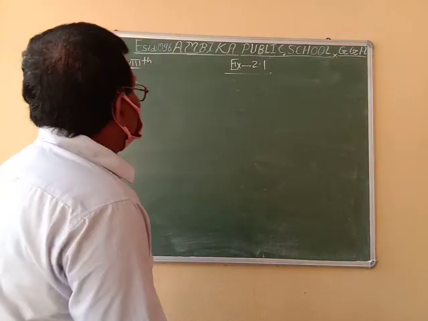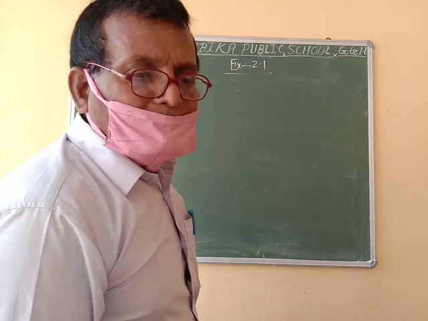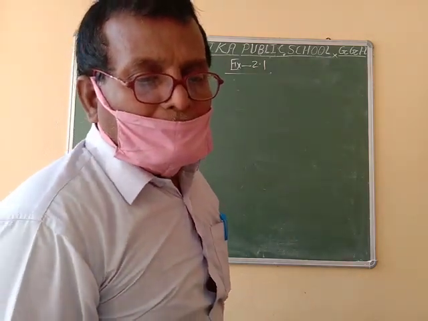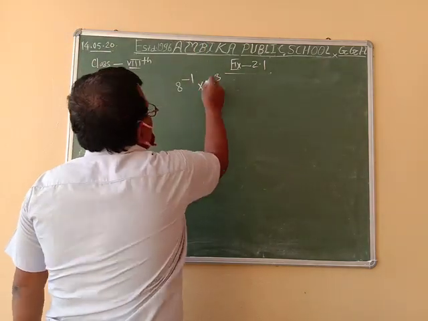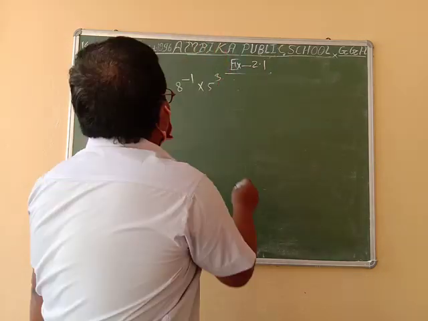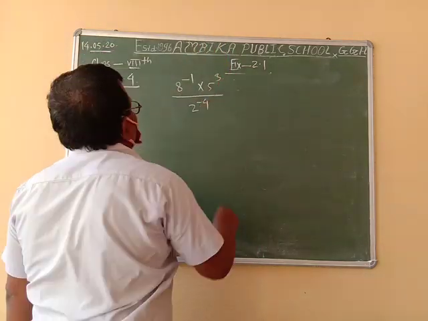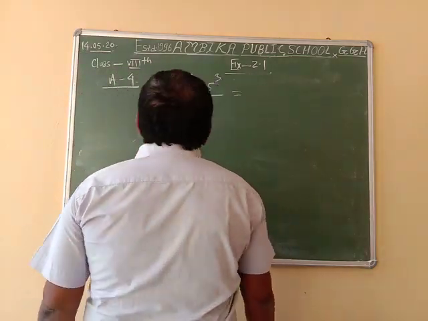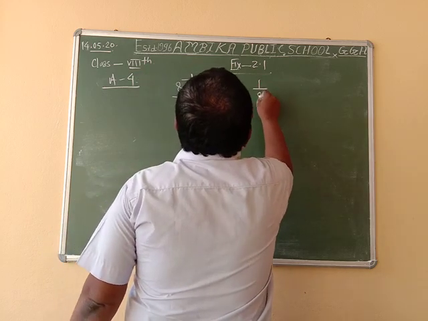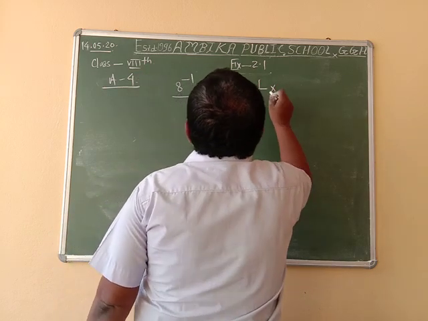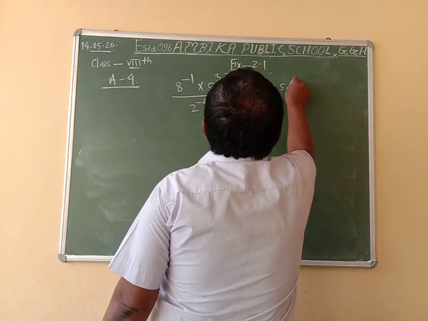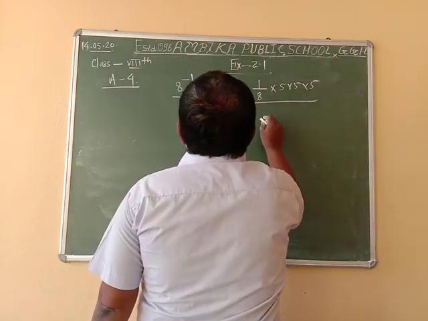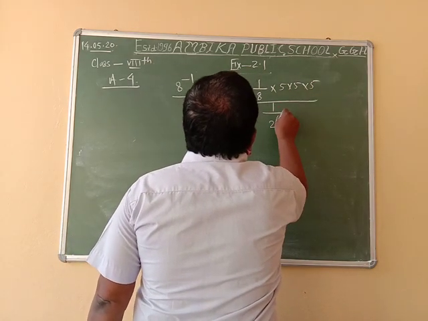Find the value of 8 to the power minus 1 into 5 to the power 3, divided by 2 to the power minus 4. To solve this question, 8 to the power minus 1 is equal to 1 by 8, into 5 cube is equal to 5 into 5 into 5, by 2 to the power minus 4 is equal to 1 by 2 to the power 4,